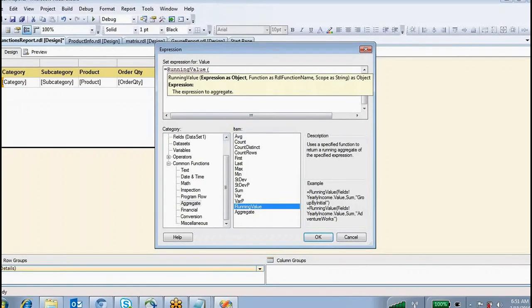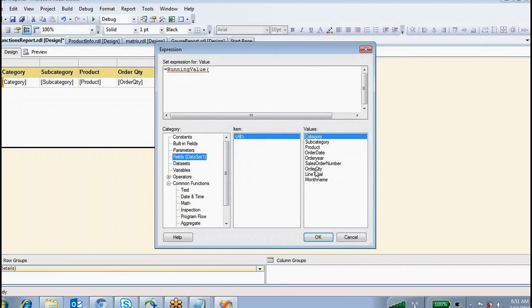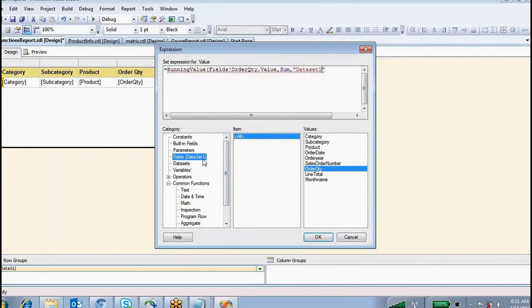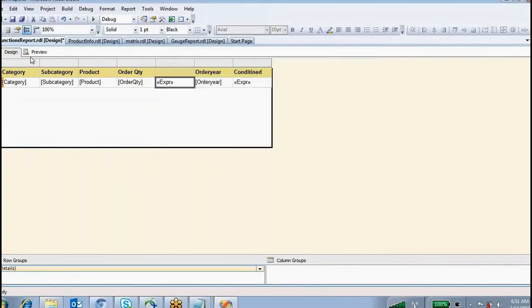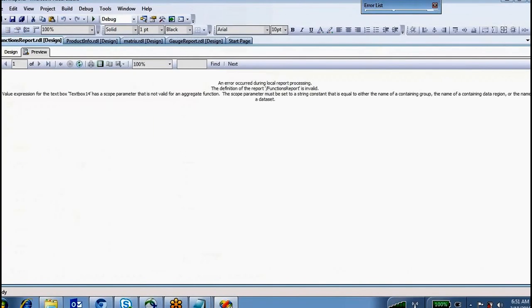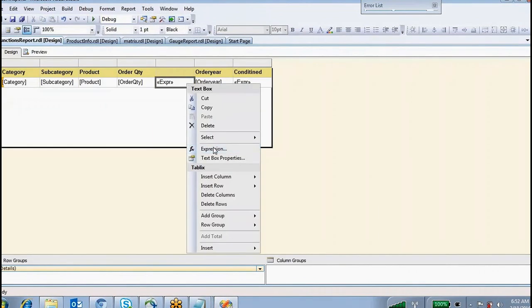just double click here, it will come. And on which column are we going to do this? We are going to do order quantity, comma, sum, comma, the scope is data set 1. Your data set is data set 1. Close the bracket, click OK. The value expression from the text box has a scope parameter that is not valid for the aggregate function. Okay, right.